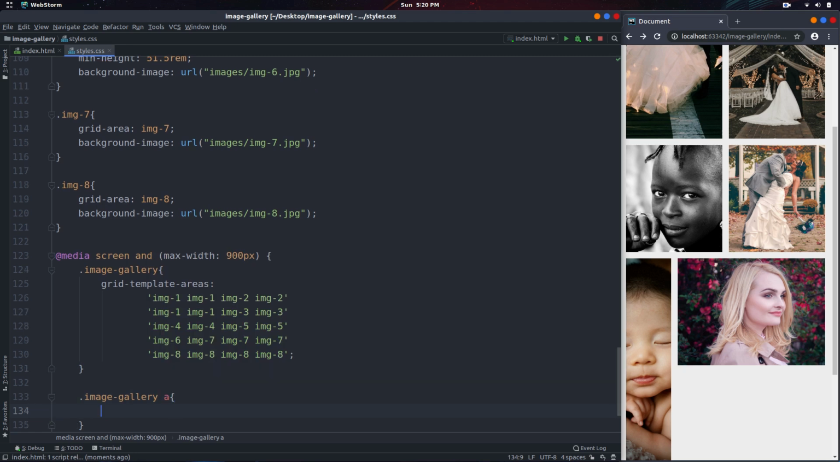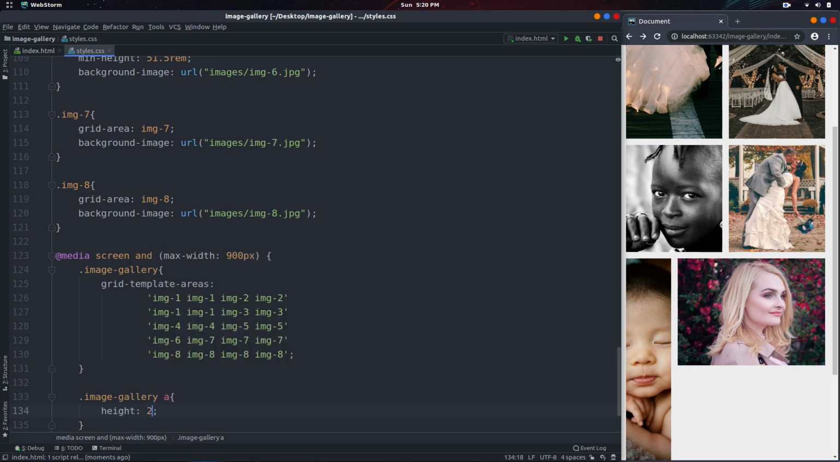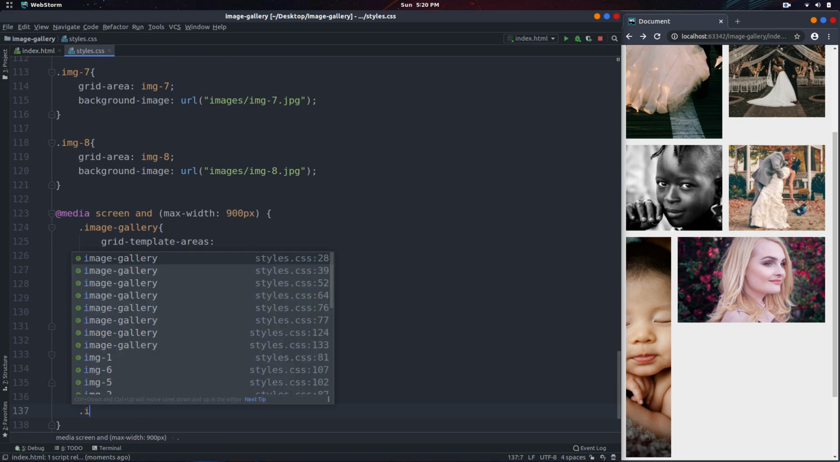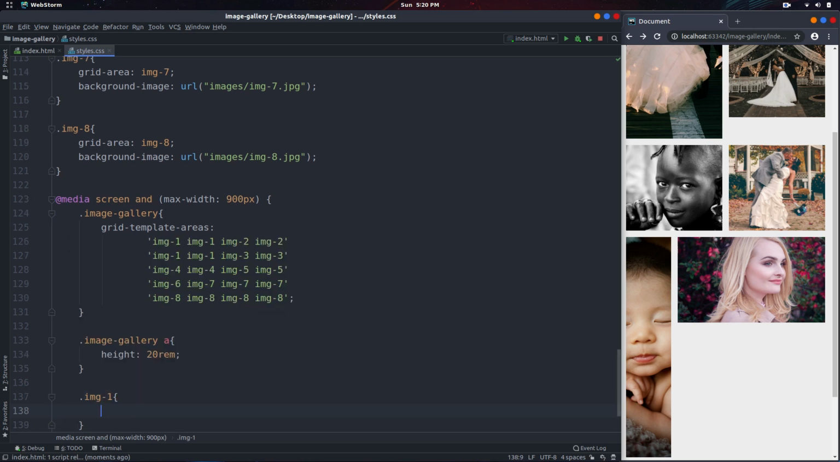And what I'll do here is actually reduce the size of the height for the images in general from 25 rem to 20 rem. Then I'll select the image 1. And what I want to do here is basically do the same thing that I did for the one before. Remember that back then we had 25, so the total would be 51.5 rem. In this situation, since we changed it to 20,